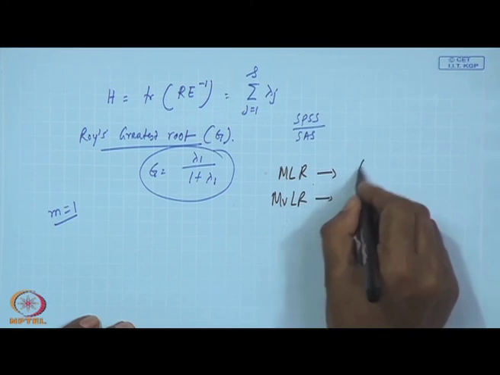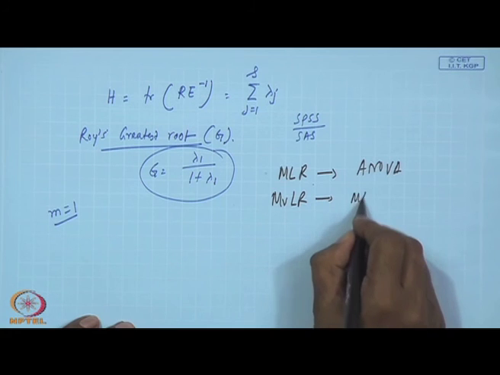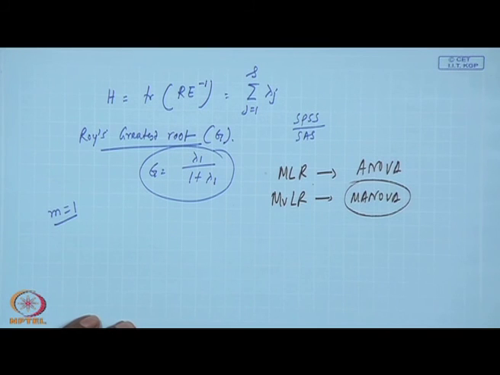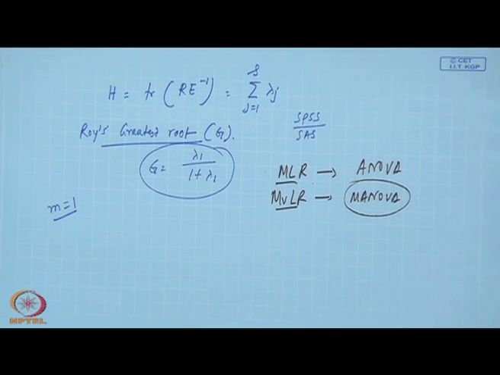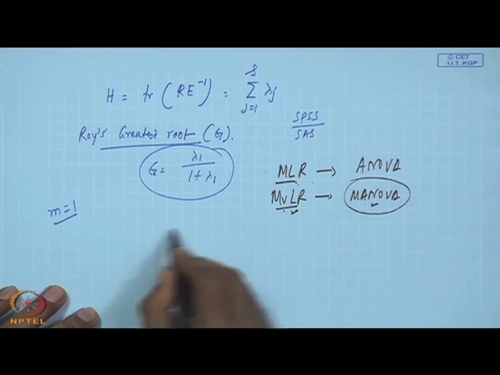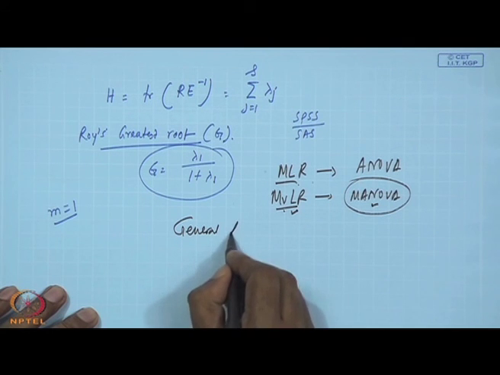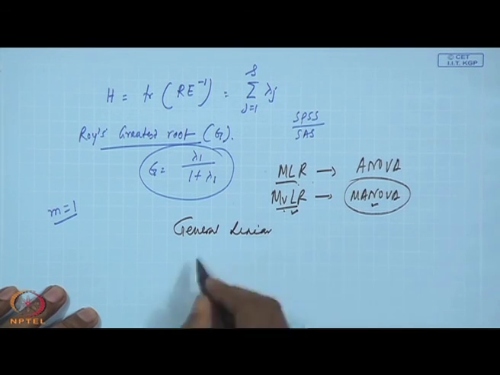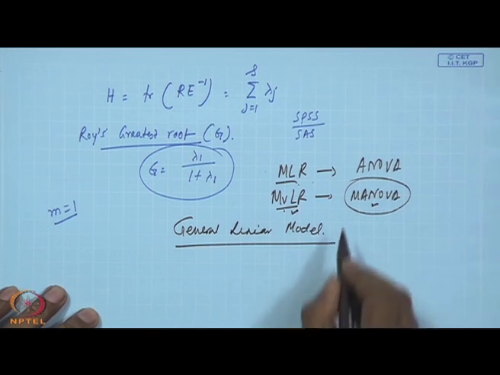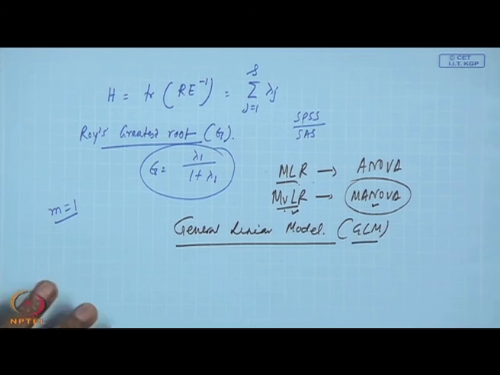It is similar to ANOVA, and the analogue is MANOVA. You must go for MANOVA when you have more than one dependent response variable, and then you see whether collectively they are affecting or not. If not, go for ANOVA, no problem. Similarly MBLR. So, MANOVA and MBLR all come under the general linear model. If you go to SPSS or SAS, there will be a link called GLM. Okay. Any question?